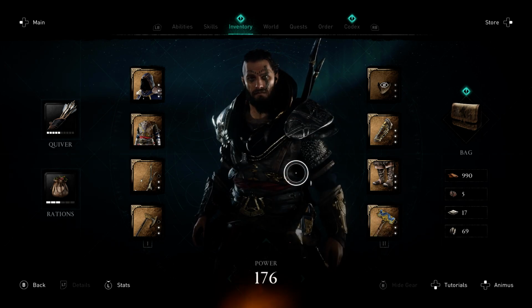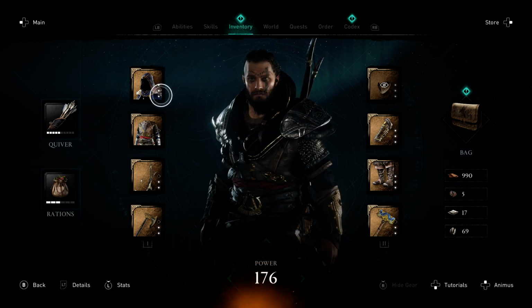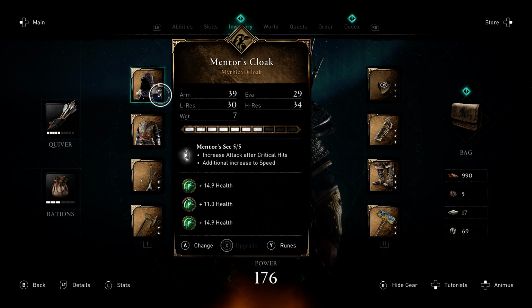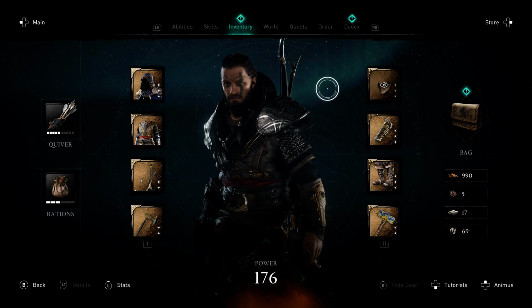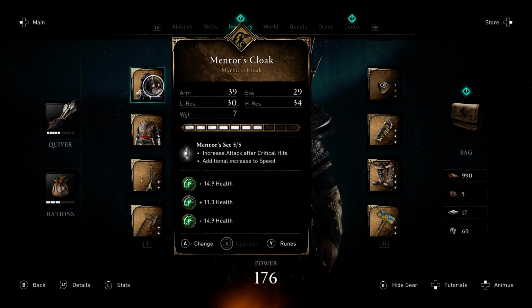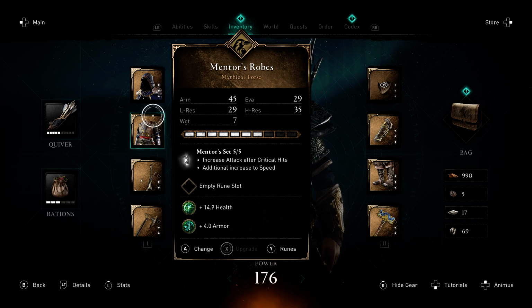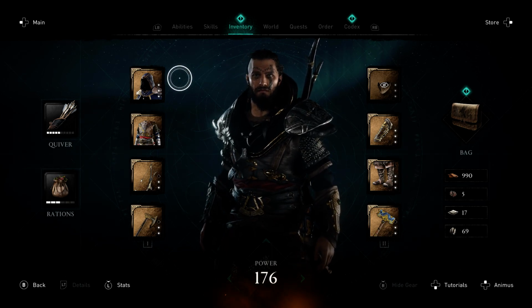And as you can see, I already upgraded all my gear to the mythical quality, and I also found the mentor cloak. I saw one of the videos on YouTube and went to the places to obtain all these pieces, and it's really easy to get the gear set. It's a really good one. What it does is increase attack after critical hits, with an additional increase to speed, and it's called mentor cloak, and it's also one of the Raven clan gear, and it's a really good one. I would suggest you guys to go and look for it, but